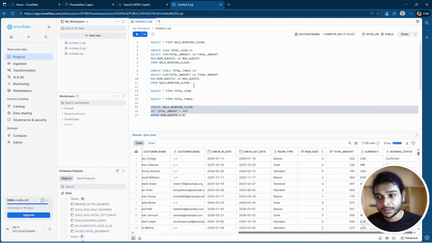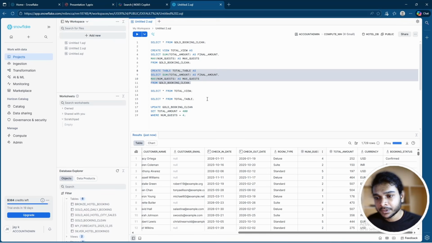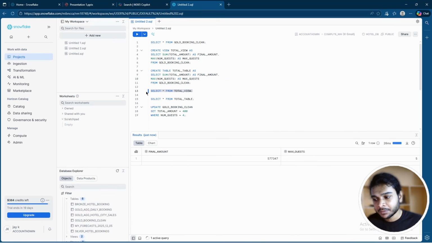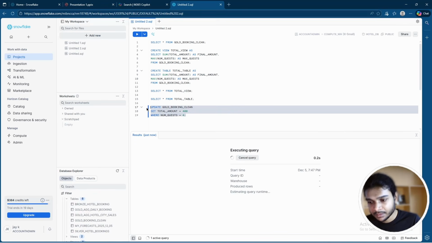Now before updating, I'm going to print these results again. Well, they both have the same results, right? So remember this number, 577,347. These are the numbers before updating. Now when we update the source table,